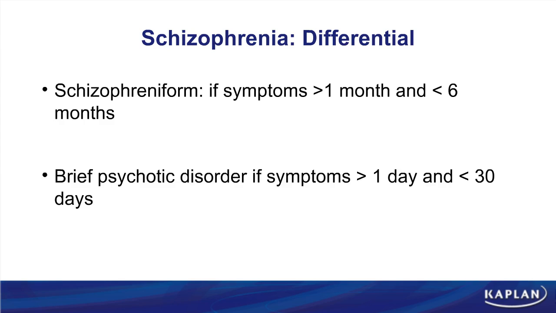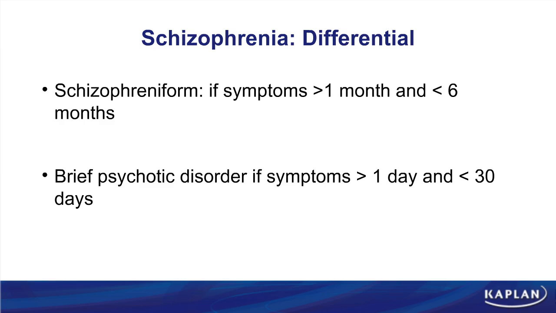Brief psychotic disorder is another type of disorder that is almost identical to schizophrenia, except the duration of the symptoms. In brief psychotic disorder, the symptoms must occur more than 1 day and less than 30 days. So technically, you can see the patient 3 times and have 3 different diagnoses. If they present at 2 weeks of psychotic symptoms,